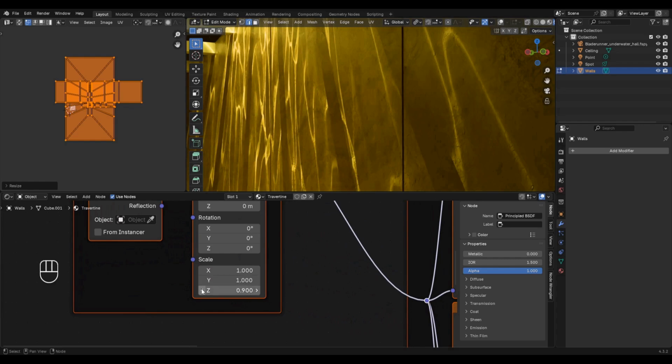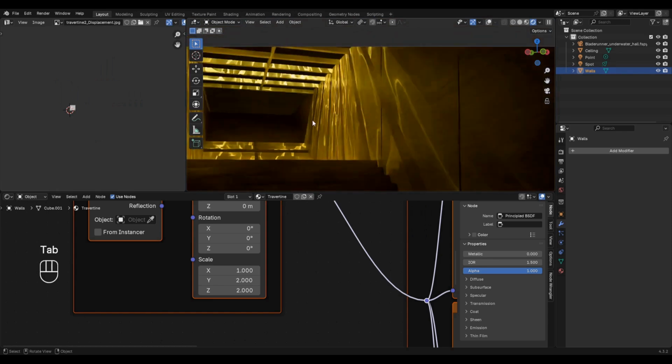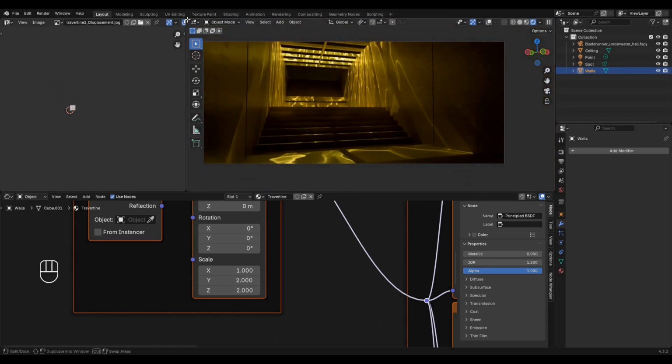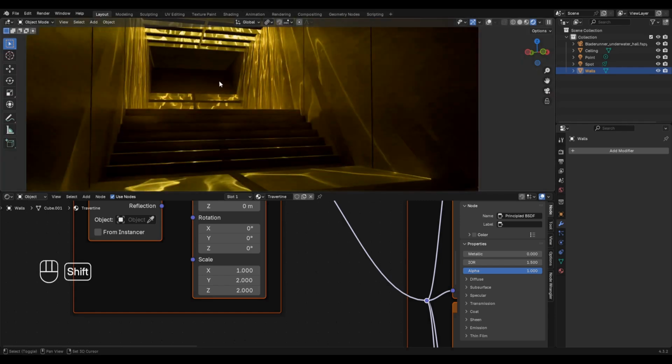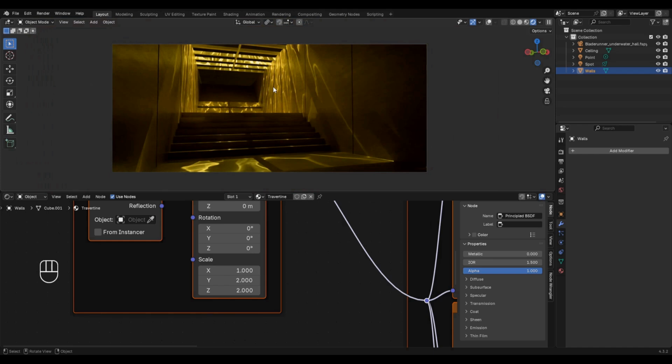Go to Shader Editor and increase Y-scale value. Close UV Editor. It looks a little dark, so let's increase the light intensity.